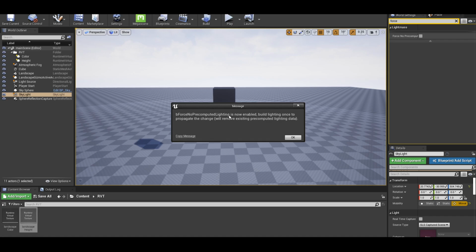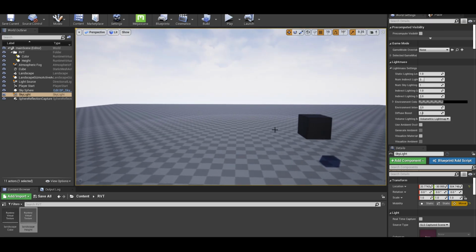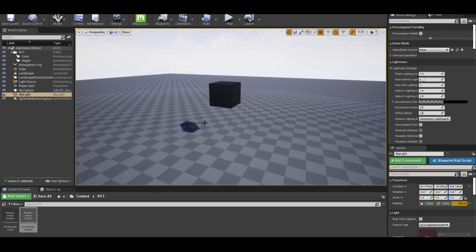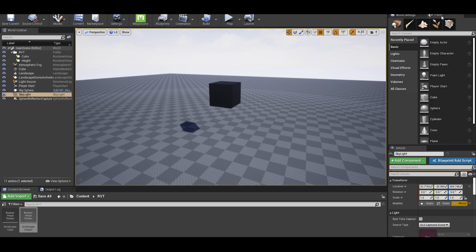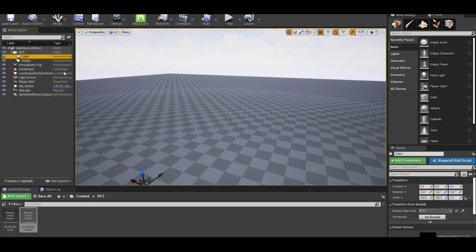So it's warning us now that the force no pre-computed lighting is enabled and build lighting wants to propagate the change. Okay, so what we're going to do is go over here, build lighting only. There. Now you can see there's a difference now because there was some pre-computed information. So now we have no pre-computed information whatsoever. This is a completely real-time scene. So anyway, now that's out of the way, let's go over here to our color, and we're going to go